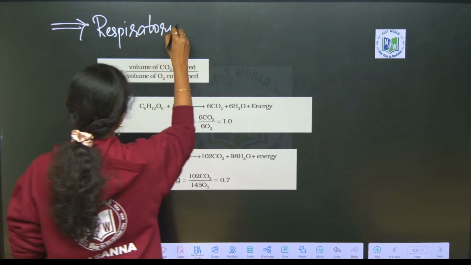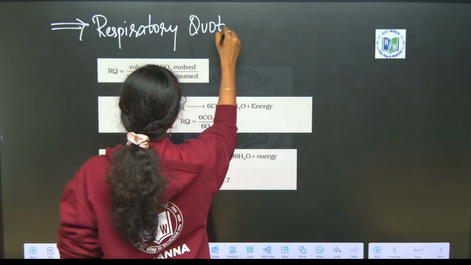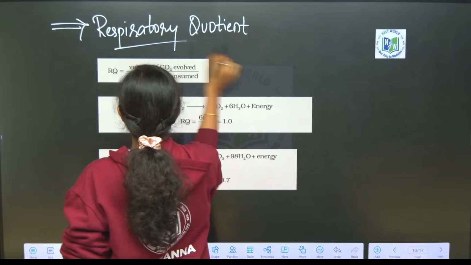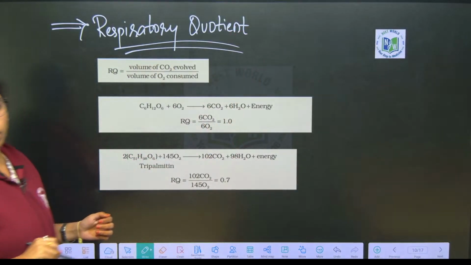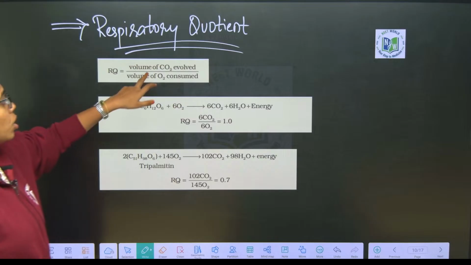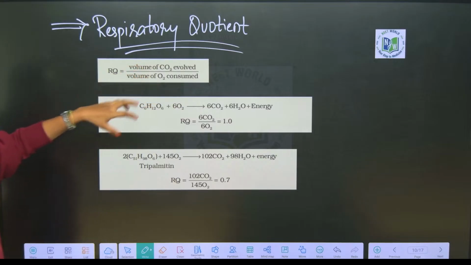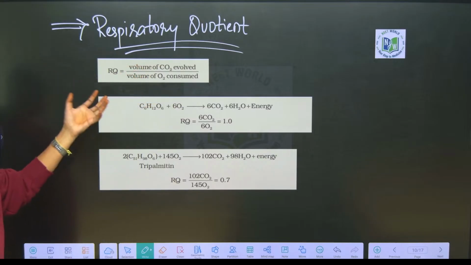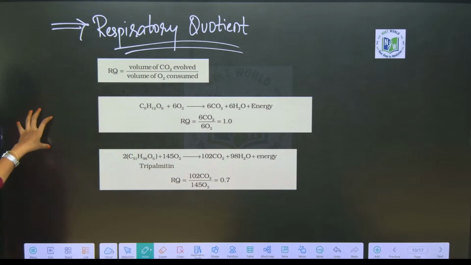Respiratory quotient. What is respiratory quotient? Nothing but the ratio between the volume of carbon dioxide evolved and the volume of oxygen consumed. That is the respiratory quotient. So, here if you see,